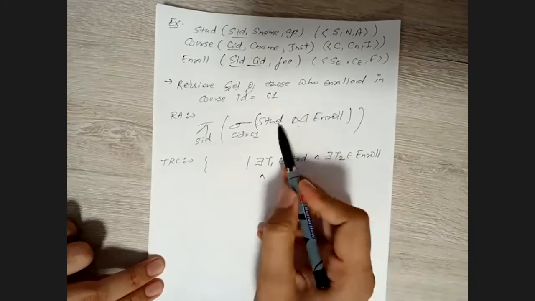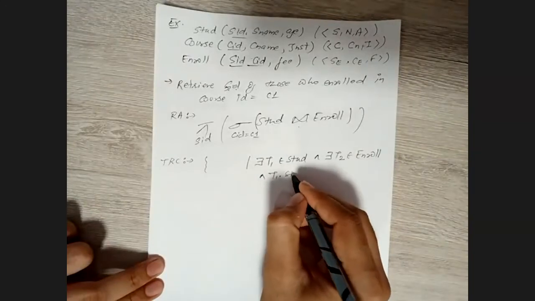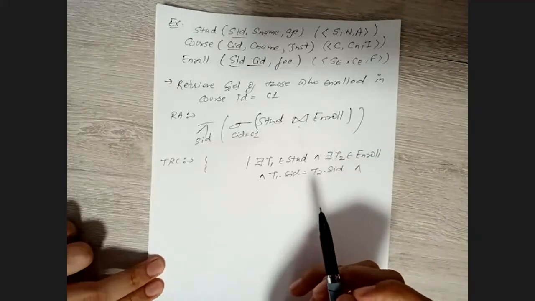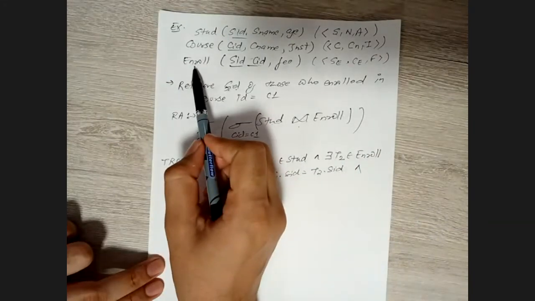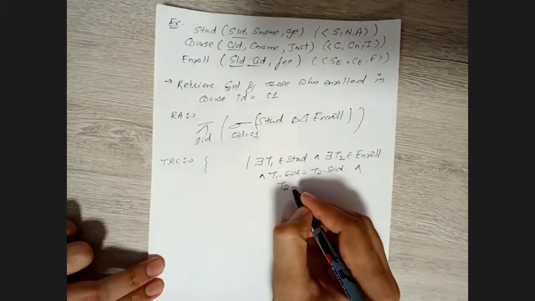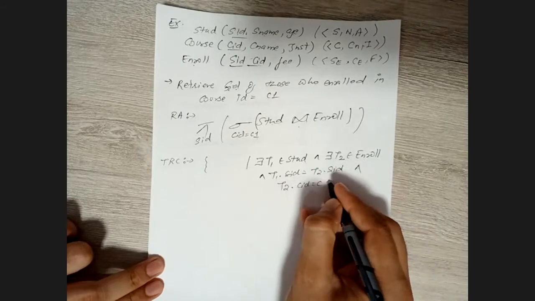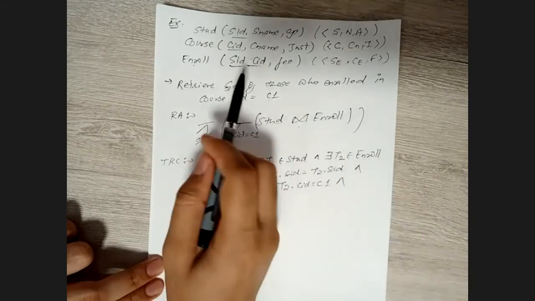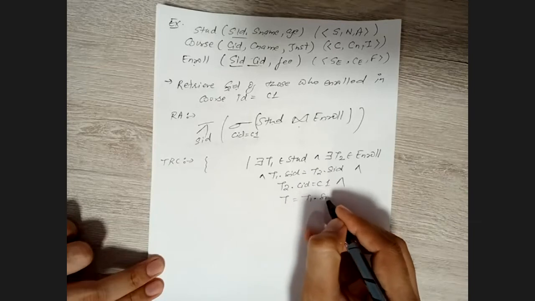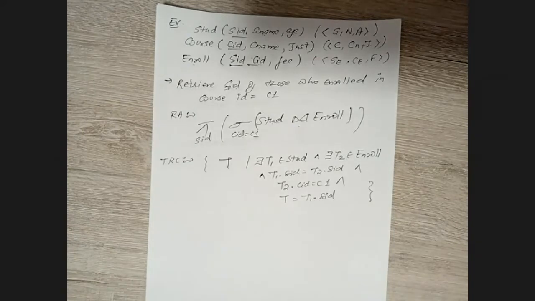And we need to do the natural join on what attribute? SID, right? So T1 dot SID should be equal to T2 dot SID, right? Very good. And now what we actually want is from the enroll table, we need the CID whose value is equal to C1. So T2, because T2 belongs to enroll, dot CID equals C1. And what we actually want to project? SIDs, right? So I'm just writing the free variable, that is T equals T1 dot SID, and reflecting T1 here. That's it. Easy one, right?